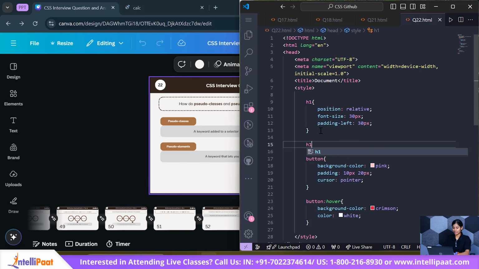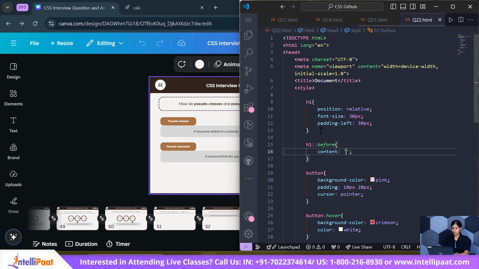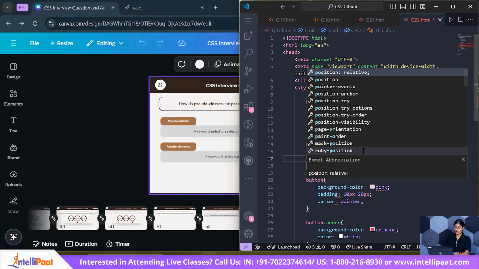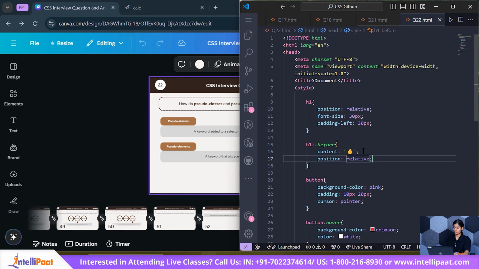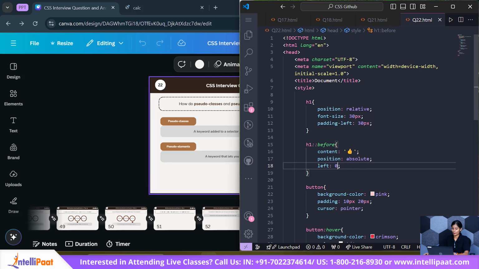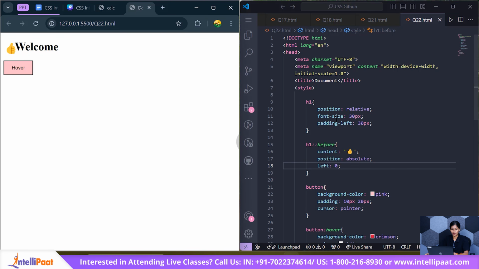Now I want to make sure that before this h1 I will show something like an emoji, say a thumbs up, and the position of this emoji should not be relative, it should be absolute, and leave no space. So if I go back to the code, you can see how the thumbs up is coming